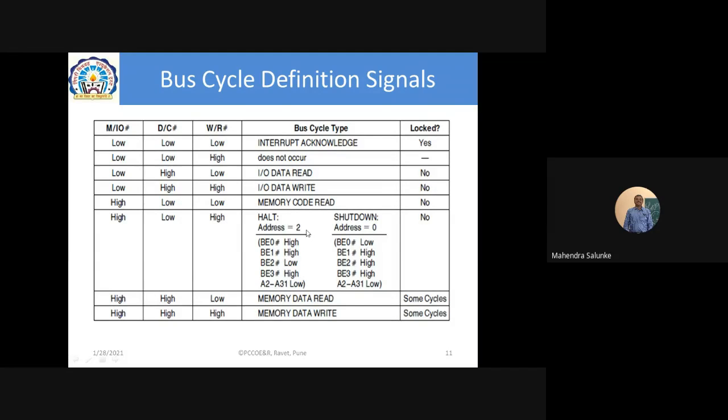Other control cycles, memory code read, and the halt or shutdown cycles are also not locked. For memory, we have options. We can select cycle by cycle. On a cycle basis, we can decide if we want that this operation should be locked. In that case, we can set it as locked. So this is how